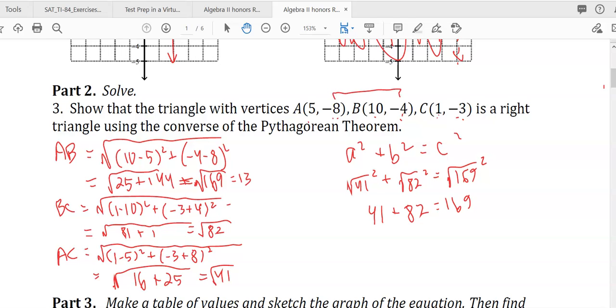Looking back at this, it didn't work out, and it says show, which makes me think, yeah, this is going to work out. And so I think I just made a mistake here. So it should have been negative 4 minus negative 8, which would be plus 8 here, which means this is 4 squared, which means this is 16, which means this is 41, square root of 41. So now I have, this is 41 here, square root of 41 squared. So this is 41 plus 41 equals,